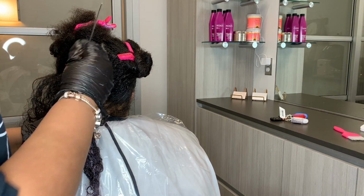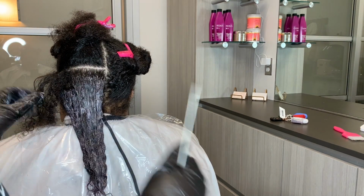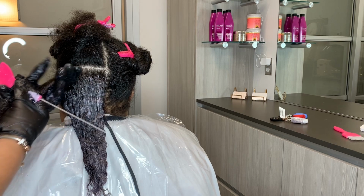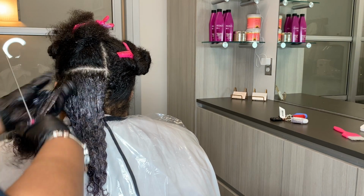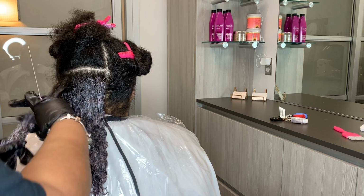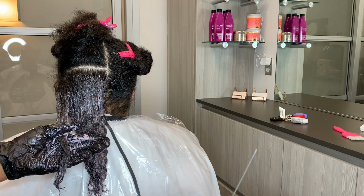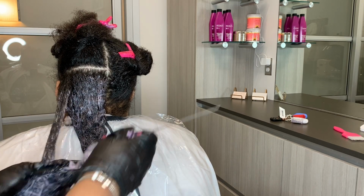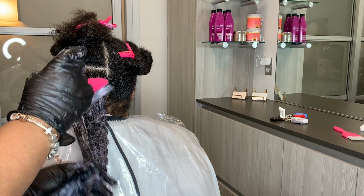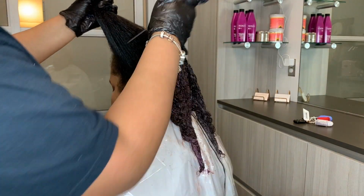We'll do that after we do the complete head, because if not, we will definitely have our roots much lighter than our ends. So if you notice anyone with, say, a red head, but their roots are way lighter than their ends, that is what we call hot roots. That happens when the roots lift way faster than the ends. And this happens just because the roots are closer to our scalp, which puts off heat, and the heat activates the color or makes the color